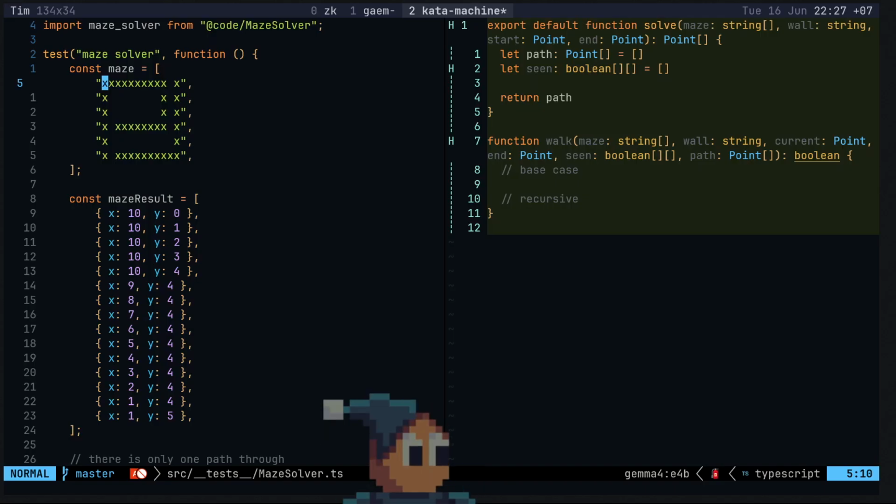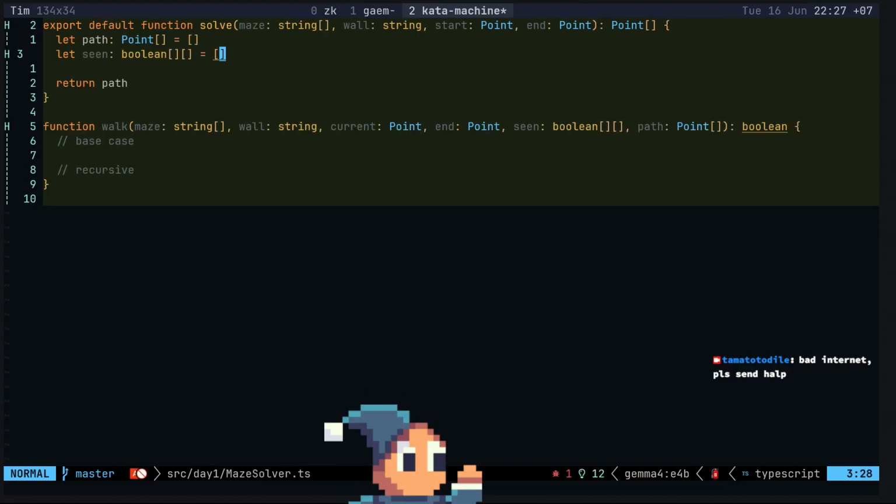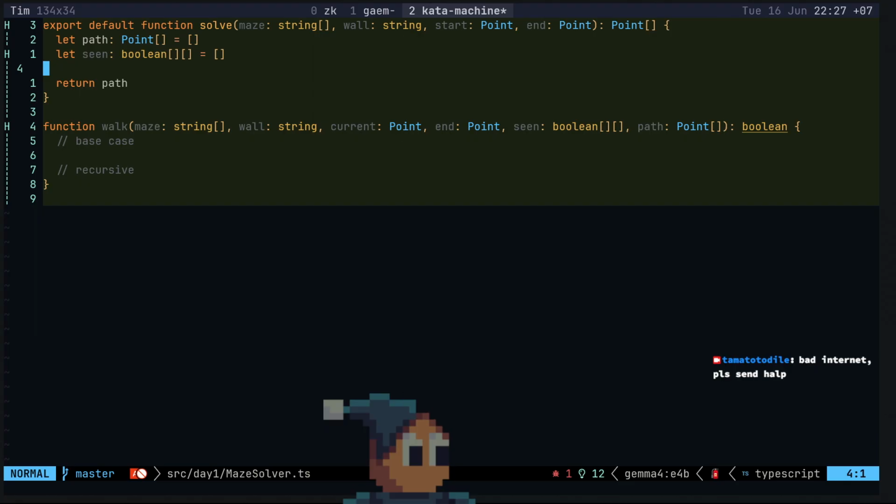Frames again. Oh god, I can't even remember how to do this.